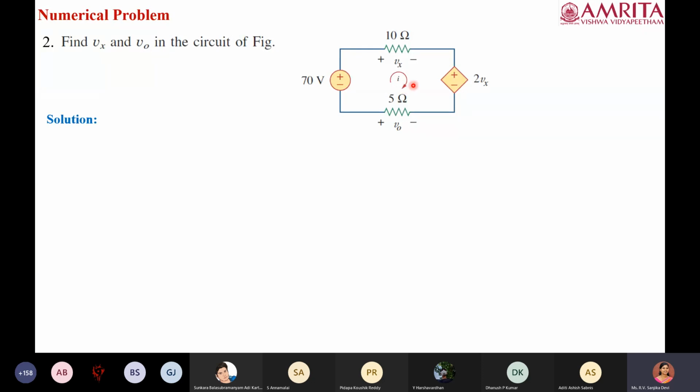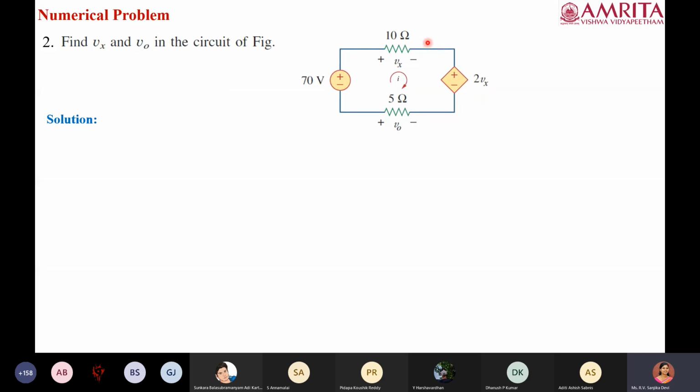Now, the basic convention we have to remember is that if you have sources, it is fine. But if you have any passive elements like resistors, inductors or capacitors, the convention to follow when considering the voltage drop across a passive element like a resistor is this: these elements are passive in nature, in the sense that they cannot generate any energy of their own. They will always absorb energy. It means that there will definitely be a drop in potential when we pass through a passive element. That is the normal convention we have to follow.